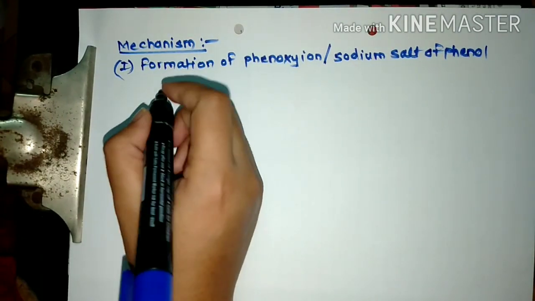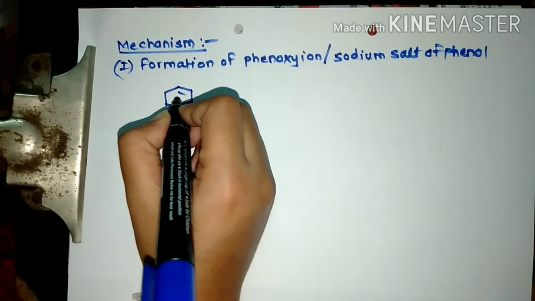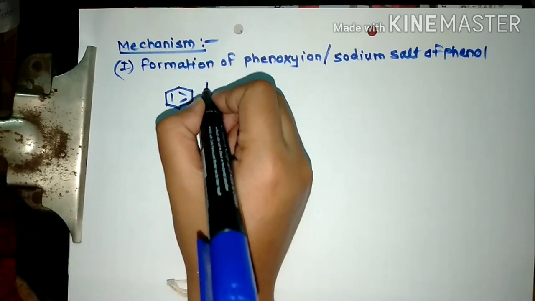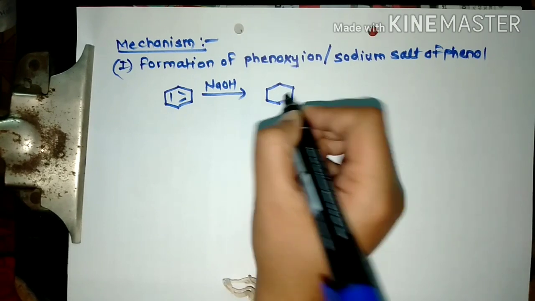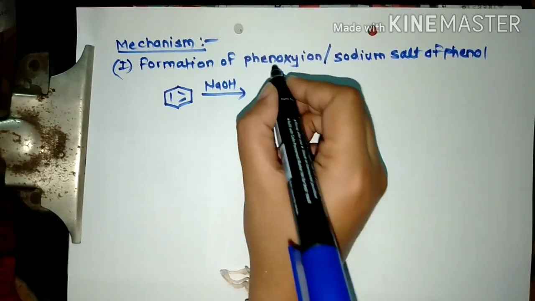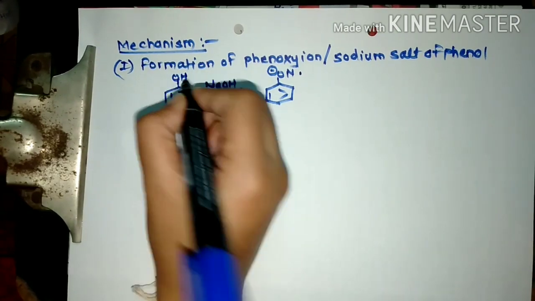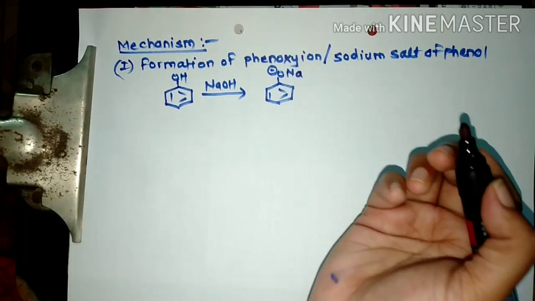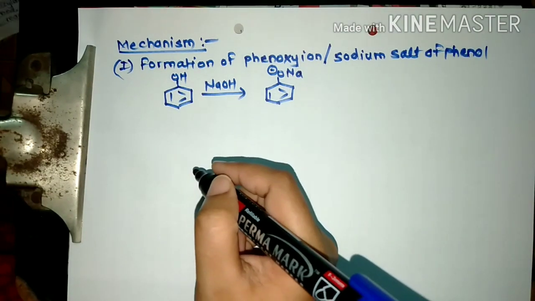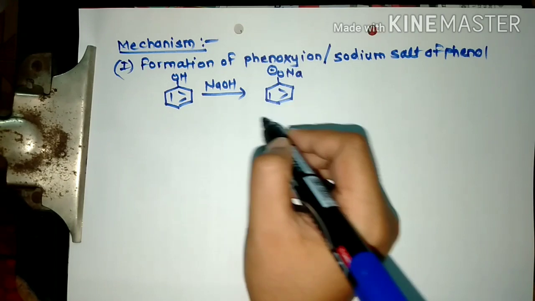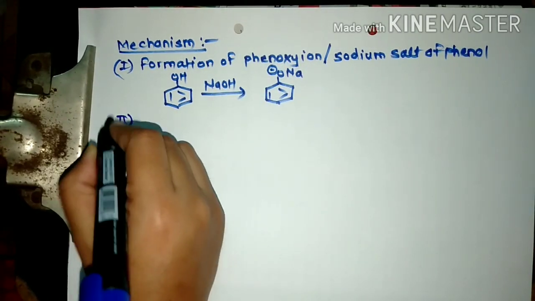Let's form the sodium salt of phenol. Here, in presence of NaOH, there will be formation of O minus, sorry, here is phenol Na. Okay, now what will happen over here, the sodium salt of phenol which is formed,